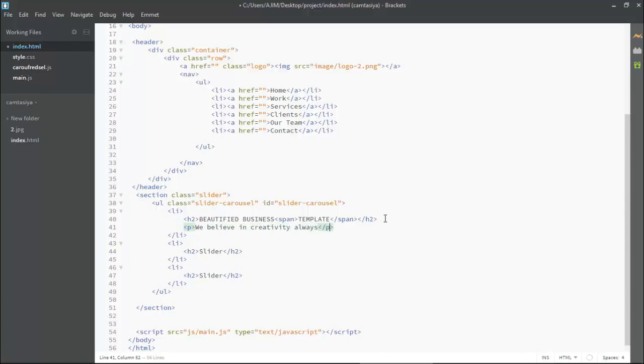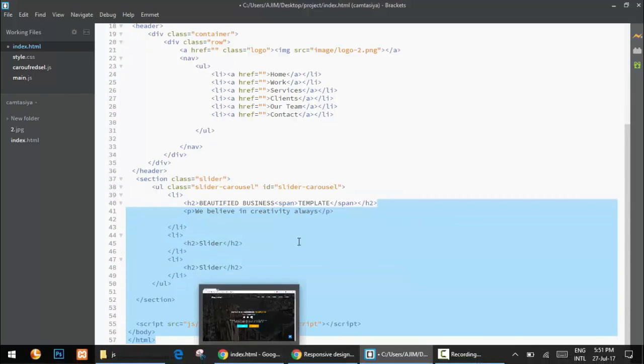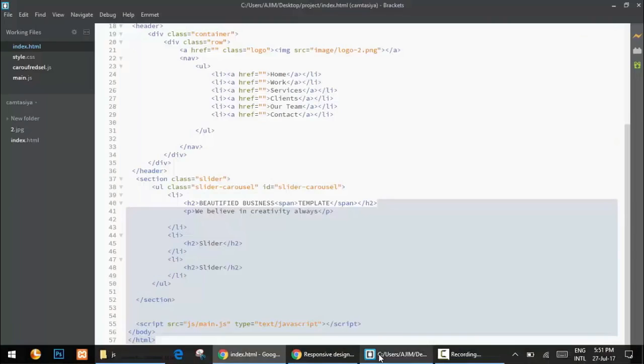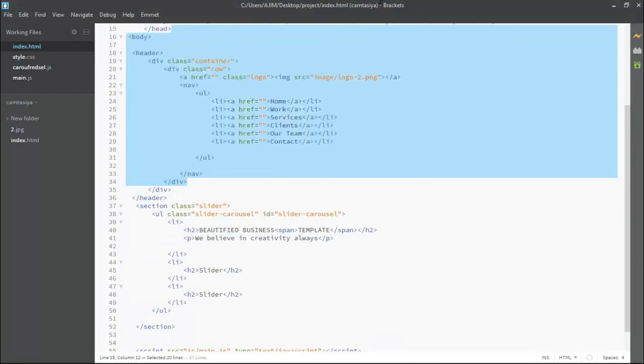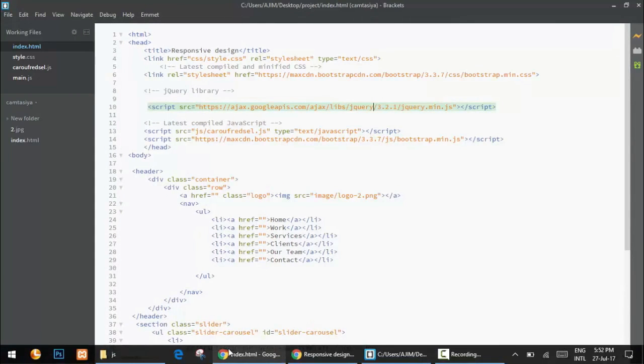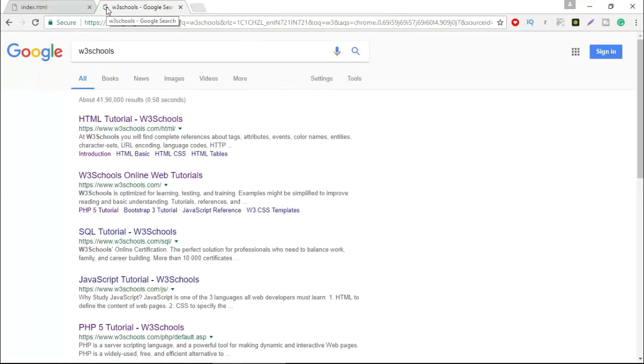Okay, now I'm coming just down to this, and you can notice here we are getting 3 icons like Apple, Android, and then Windows. So we have to put it. For putting it, this is the icon, so we need to put Font Awesome or Glyph icons. So I'll be putting that, simply coming to the head section here, and I'll be putting all the fonts here. So for putting the fonts, I'm going to the website like W3Schools. I'll not be downloading any file from the Font Awesome official website. I'll be using CDN files here.